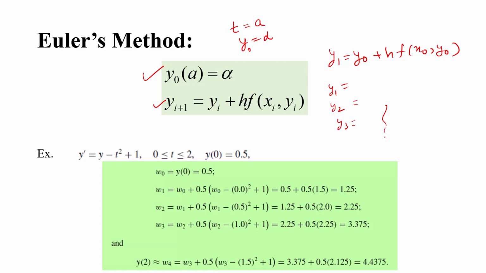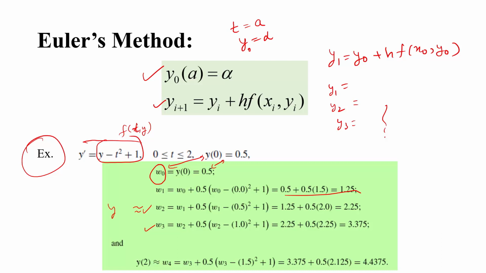So this is an example. This y naught represents the initial condition only, just to denote that it is an approximate solution. It is written as y naught. So this is nothing but the initial condition. You can see that this is the same. And then y1 will be what? y naught plus h times f of x naught, y naught. So you can see that if you put, this is your f of x, here x is t. So here you can easily see that when you put all the values, you will get this. Then again you can find out w2 and w3.